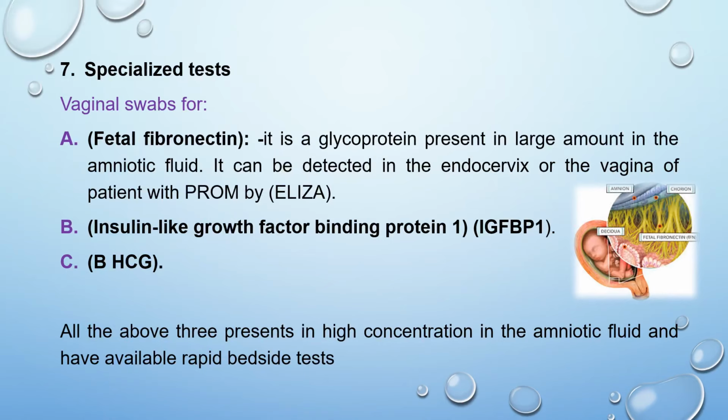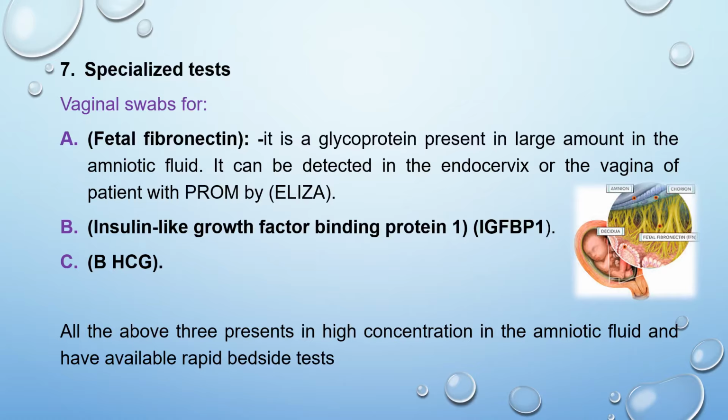There are specialized tests that can be used for a premature rupture of membrane. These are done by vaginal swab for fetal fibronectin. Fetal fibronectin is a glycoprotein. It is present in a large amount in the amniotic fluid. It can be detected in the endocervix or in the vagina of the patient with a premature rupture of membrane